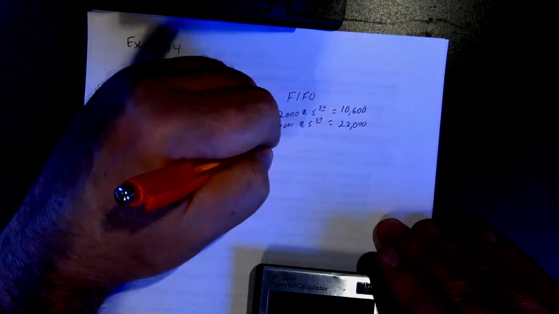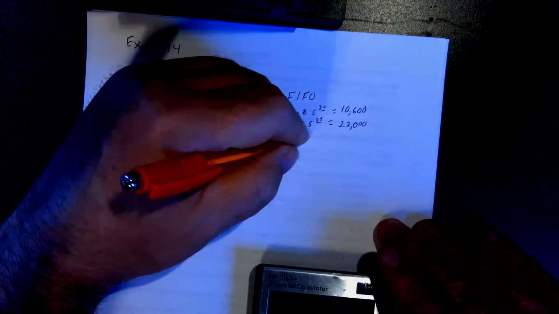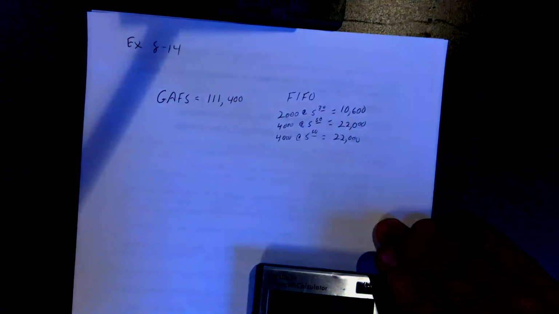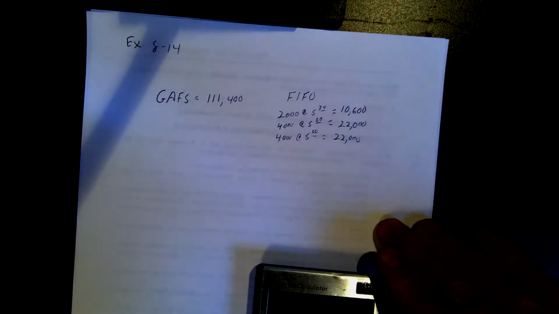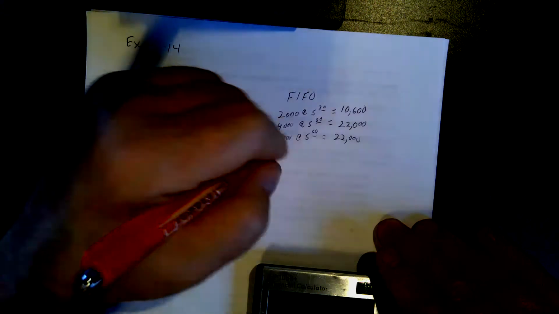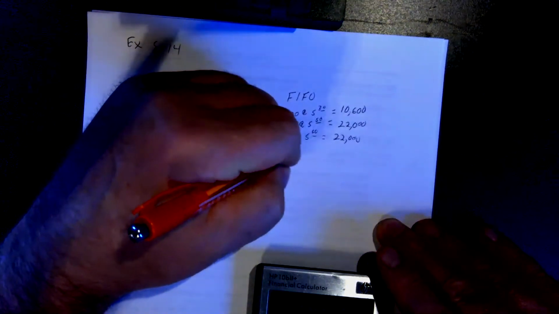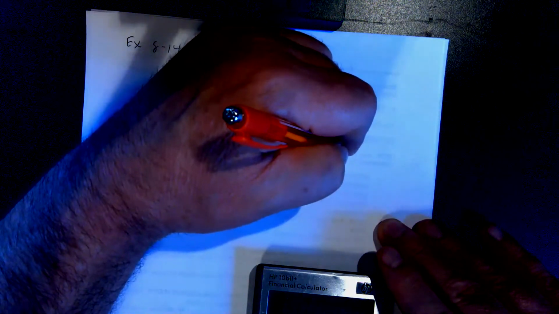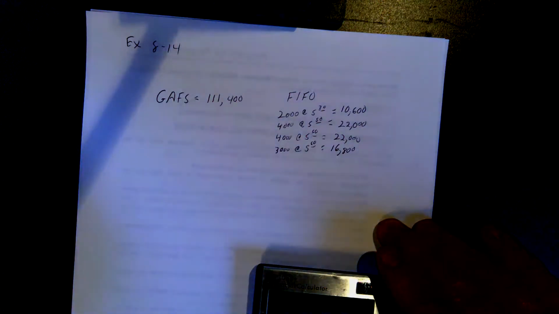So we're going to sell the other 4,000 at 550, and we already know that is 22,000. And that takes care of 4,000, but then we have 3,000 units at 560. And that is 16,800. Okay, that's the 7,000